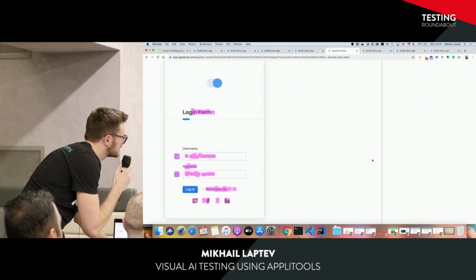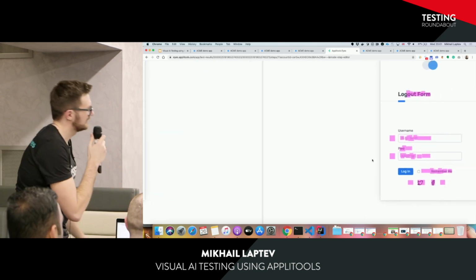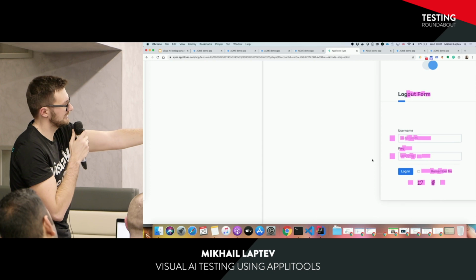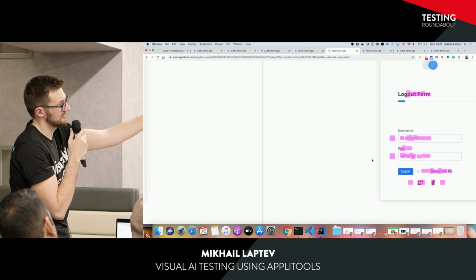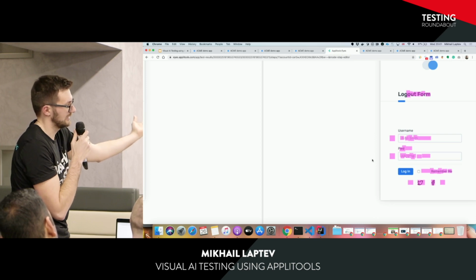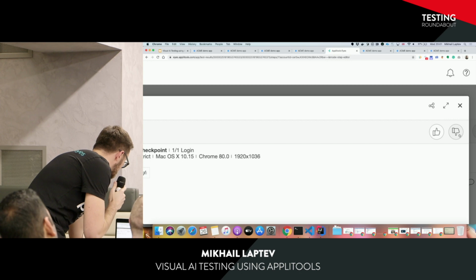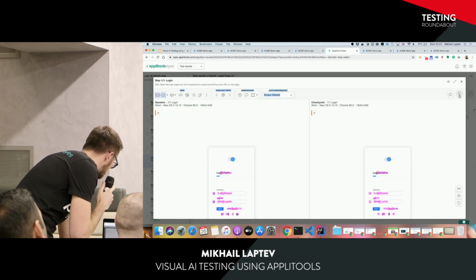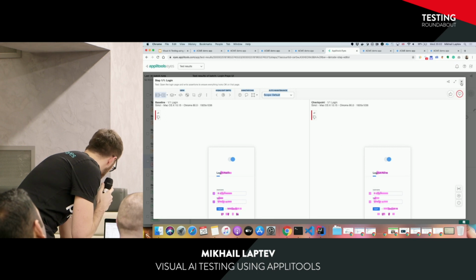So we see that we used to have a button for LinkedIn that disappeared, and we're now displaying logout instead of login. And we can say, yeah, that's a real failure. And let's have a look at, for example,